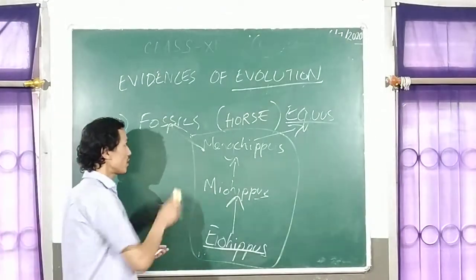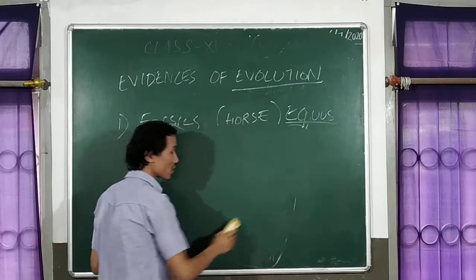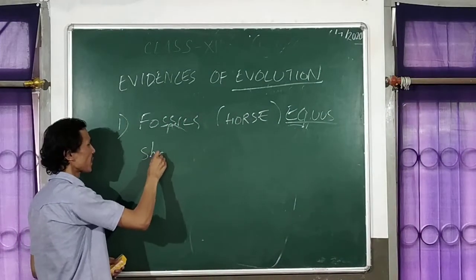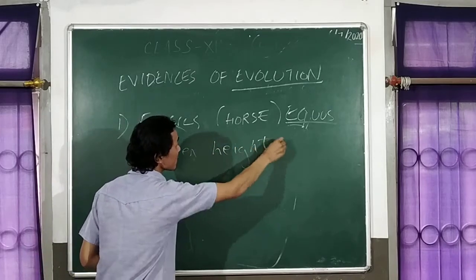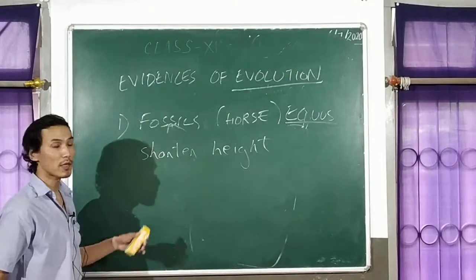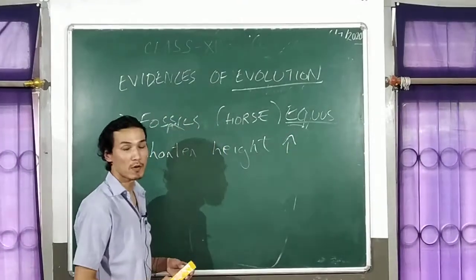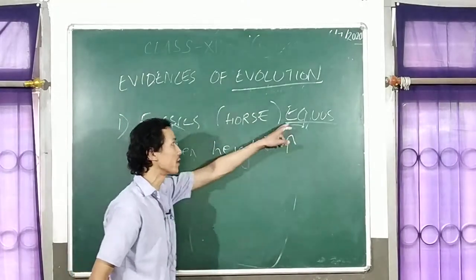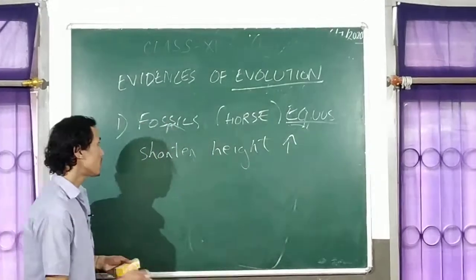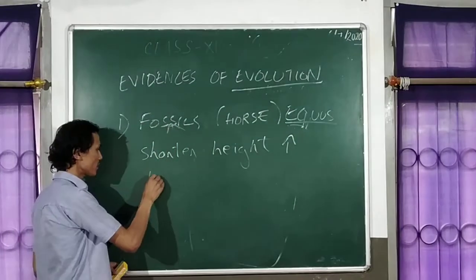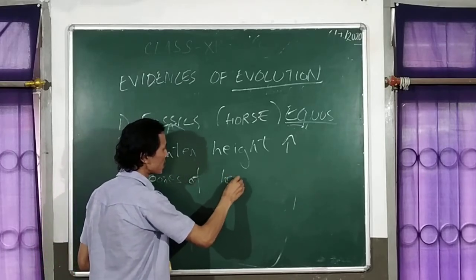When we talk about the evolution of horse, the thing to remember is that the primitive horses were of shorter height. So the progressive change is increase in height. If you compare the primitive horse, that is your Eohippus, to the modern day horse Equus, there will be a massive difference in the height. Another difference is changes in the bones of the